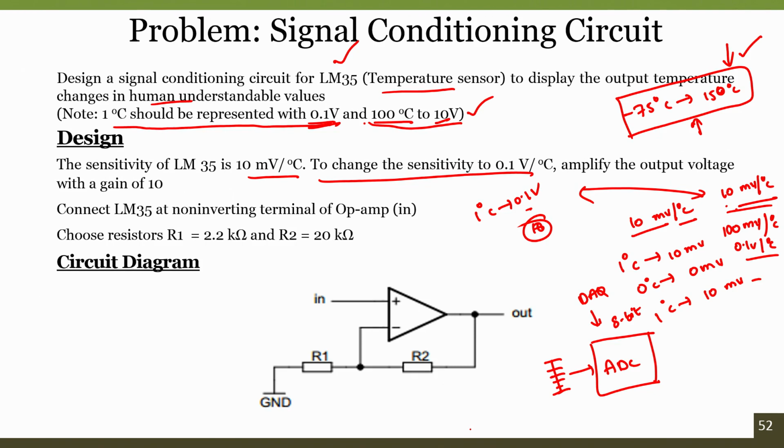Then the second thing we have to think about is the loading effect. Since we are interfacing it to another stage, there should not be a loading effect. If there is a loading effect, the previous stage, which is the temperature sensor, should have enough energy to operate it. Since temperature sensors cannot provide enough energy, and current is also a part of energy, we have to have a limited current drawn from the previous stage.